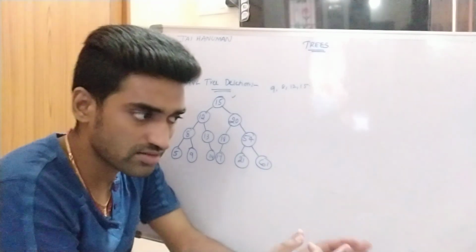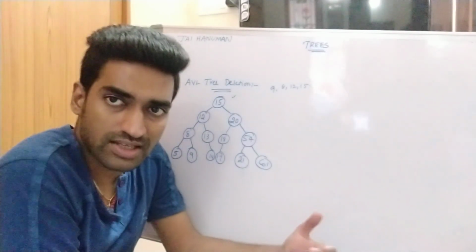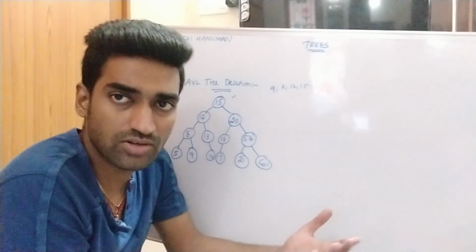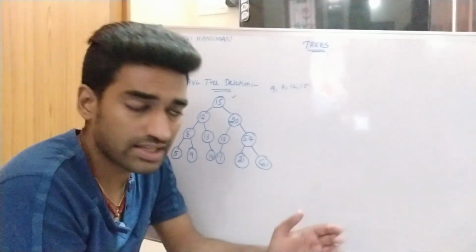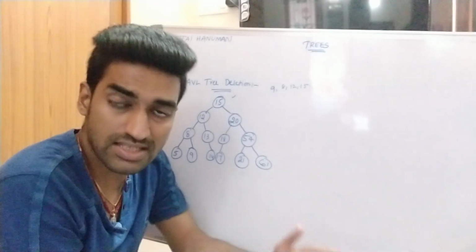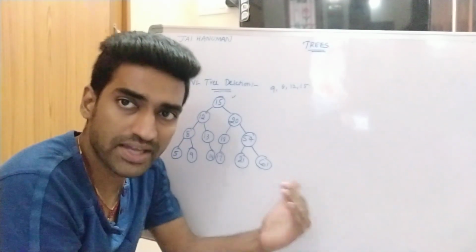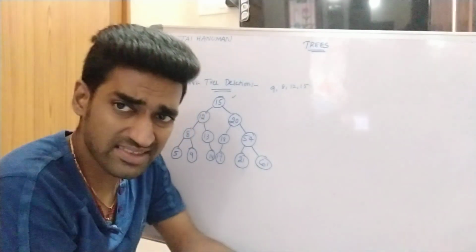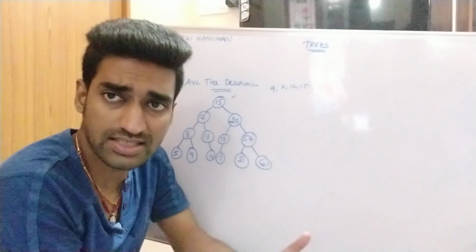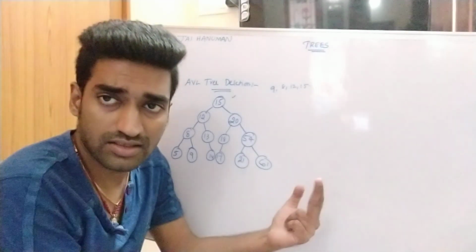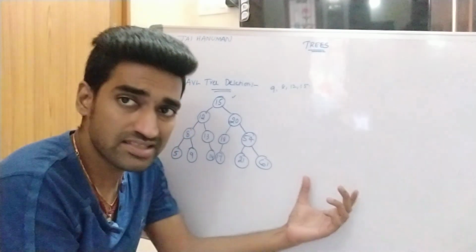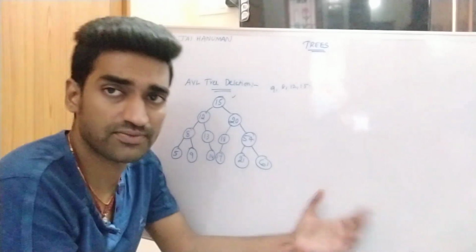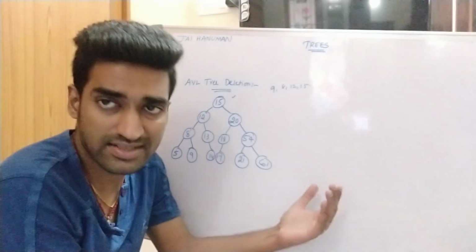In a node which contains 0 children, no changes will occur. So that's why we can directly delete the leaf nodes. Leaf nodes are nodes which contain 0 children, right? For a node which contains 1 child, in such cases the child node becomes the parent node, right? The child will replace the position of the parent. What is the third case? A node which contains 2 children. In such a case, there are two possible cases. One is the maximum of the left subtree replaces the position of the parent, or the minimum of the right subtree replaces the position of the parent. So these are the three possible cases for the binary search tree deletion operation.